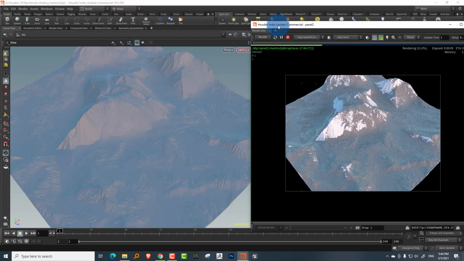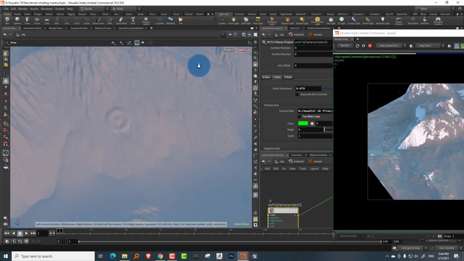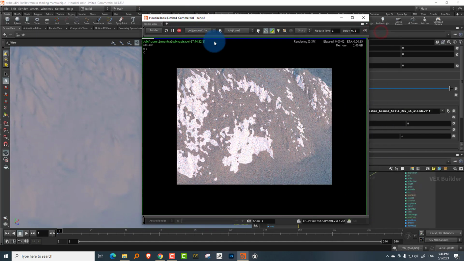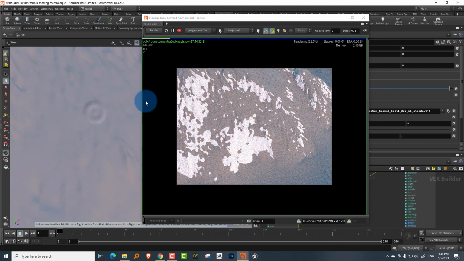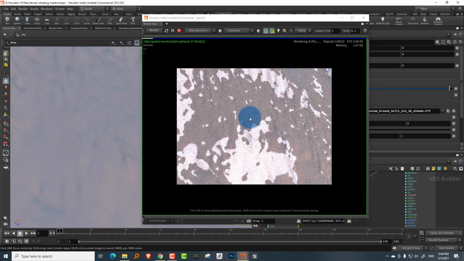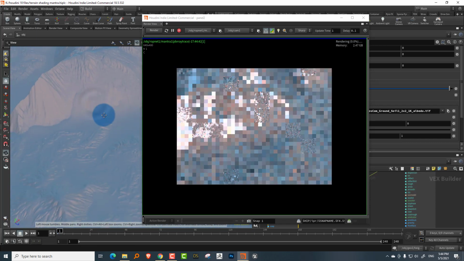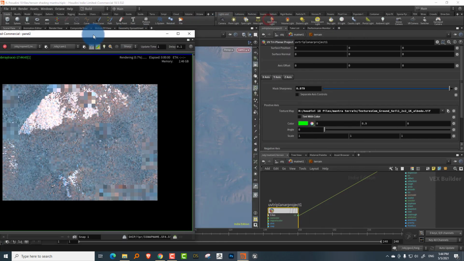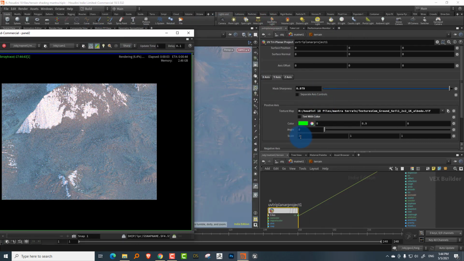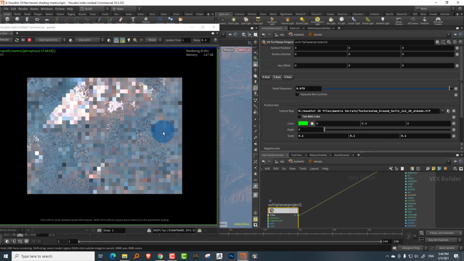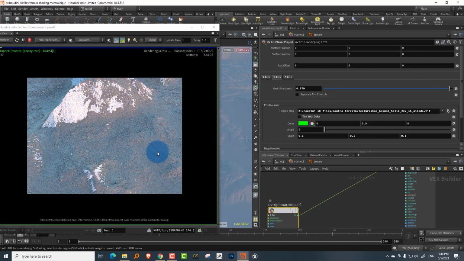And we can just zoom in and we can see it. So if I zoom in over here, we should be able to see the soil map that we have. Now the problem is that the tiling is too high, so we can't really see anything. So for the sake of this particular lesson, I'm going to take the scale values over here and make them really low. I'll make it like 0.1, so we'll be able to see the soil map that we have.